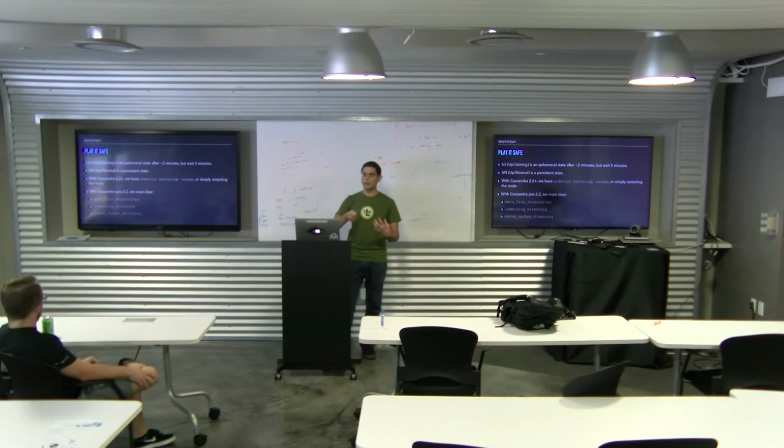So if you turn that node off, the rest of the nodes will remember, hey, this guy's responsible for it. We're going to hold hints for it, but that node has to come back. If you don't come back in a certain time period, which I'll cover later, you have to do certain things. But